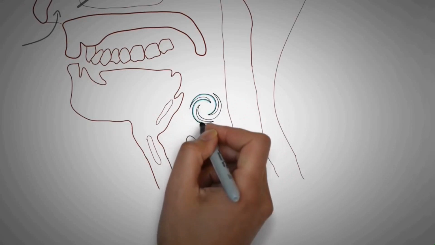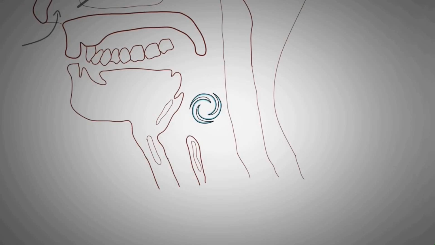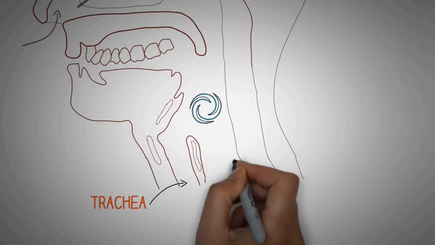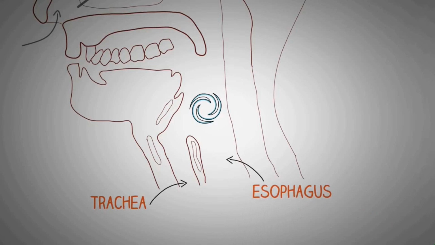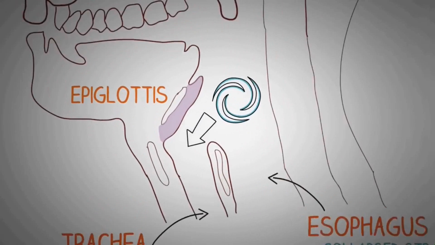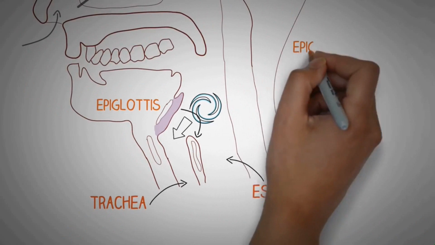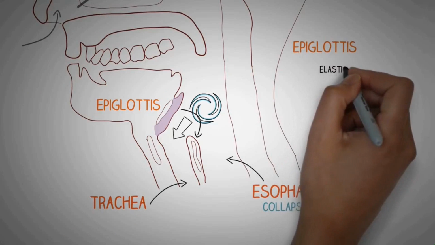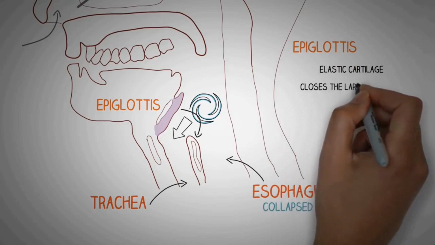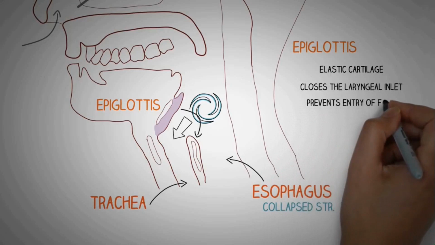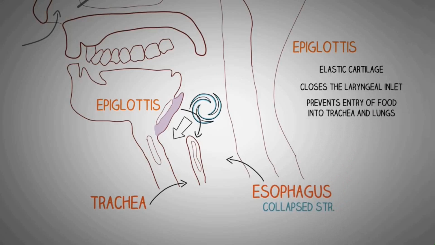When the air reaches the pharynx, it has two important structures where it can go forward. The first is the trachea, which lies in the front, and second is the esophagus, which lies at the back. Normally the air enters into the trachea because esophagus at normal conditions is a collapsed structure. One important structure to note here is the epiglottis. The epiglottis is basically a cartilaginous structure which closes the entry of the trachea and prevents the entry of food. It is an elastic cartilage which closes the laryngeal inlet and prevents entry of food into the trachea and further the